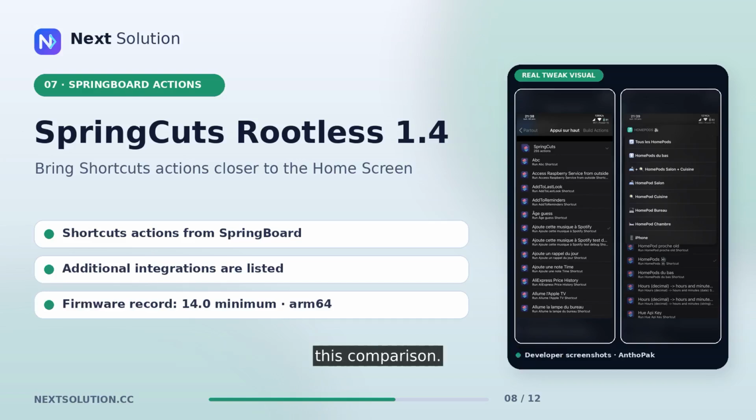SpringCuts is the most automation-oriented entry in this comparison. Consider it when your priority is reaching a routine or action quickly from Springboard. If you only want a visual theme, it is probably outside your goal. If you want the home screen to become a launch surface for useful actions,